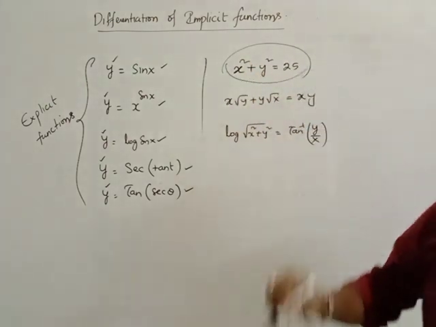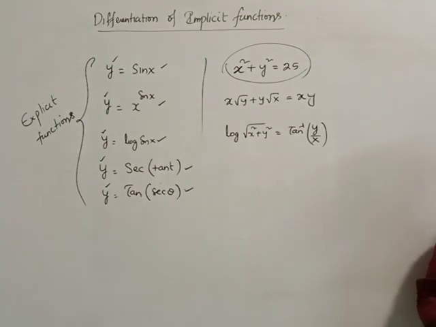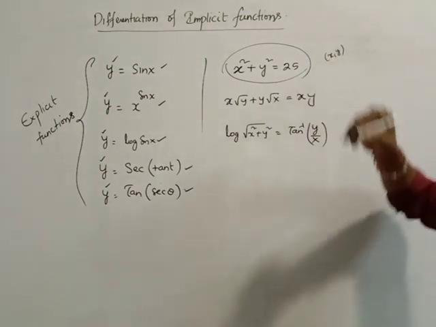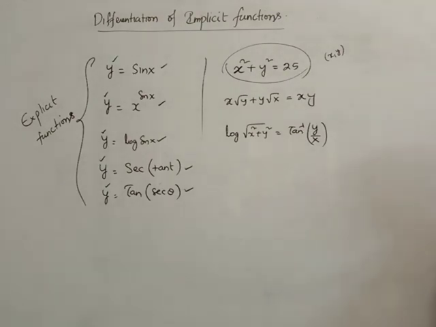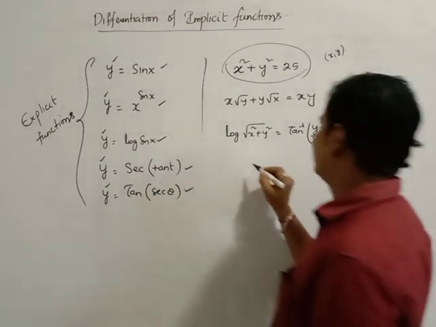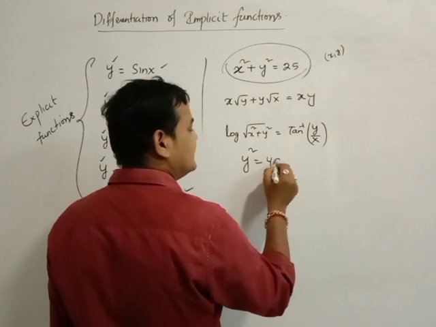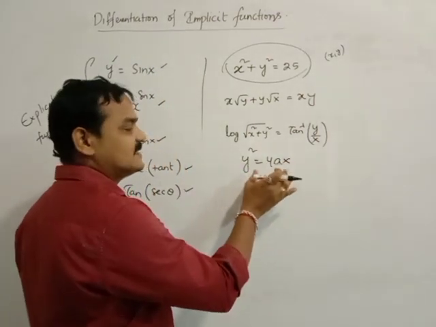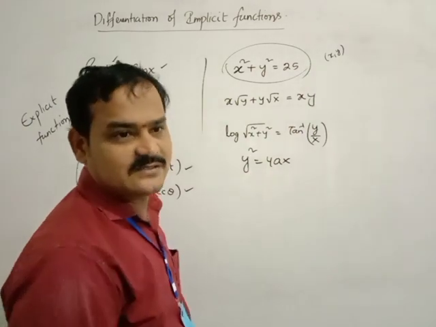Circle means it is a two-dimension figure. Two-dimension figure means it must satisfy the exact point. It is in the form of xy. Circle equation. Like that, another one that you have written is y square is equal to 4ax. This is the equation of a parabola. If you want to find the value, for simplification you need to compulsorily take both values of x and y.